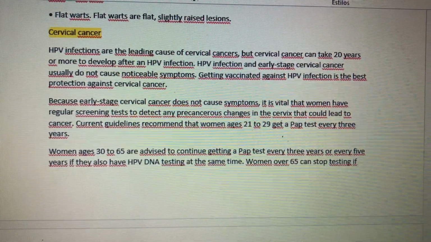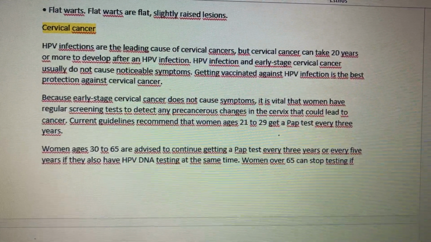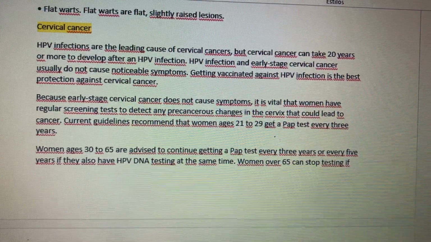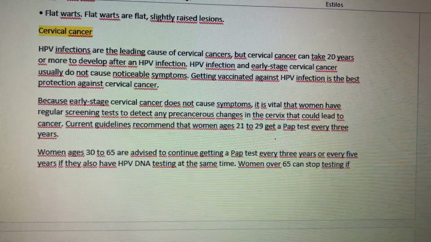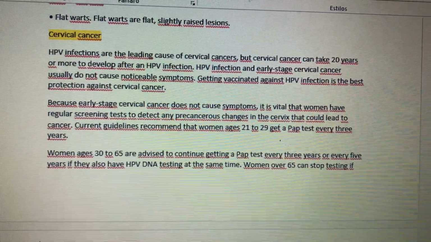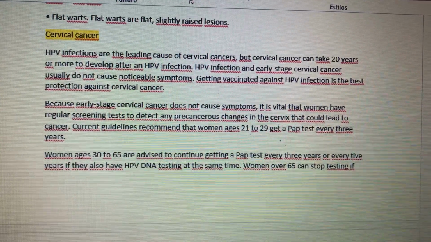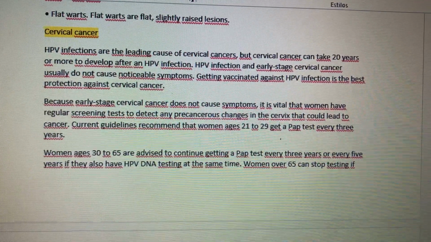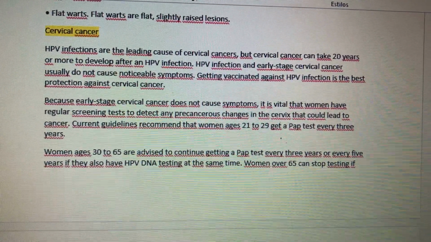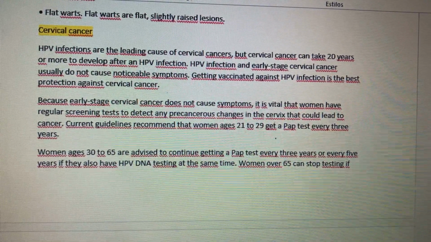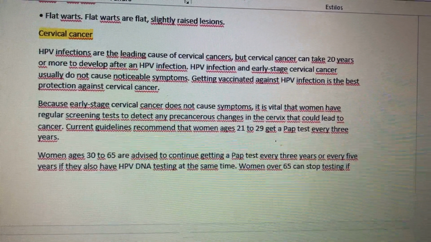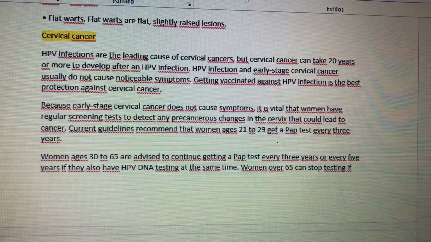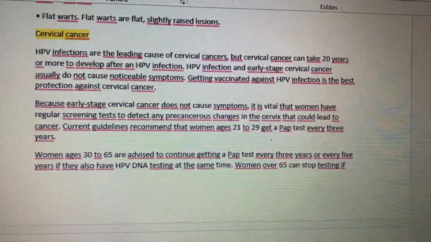Cervical cancer. HPV infections are the leading cause of cervical cancer, but cervical cancer can take 20 years or more to develop after an HPV infection. HPV infection and early stage cervical cancer usually do not cause noticeable symptoms. Getting vaccinated against HPV infection is the best protection against cervical cancer because early stage cervical cancer does not cause